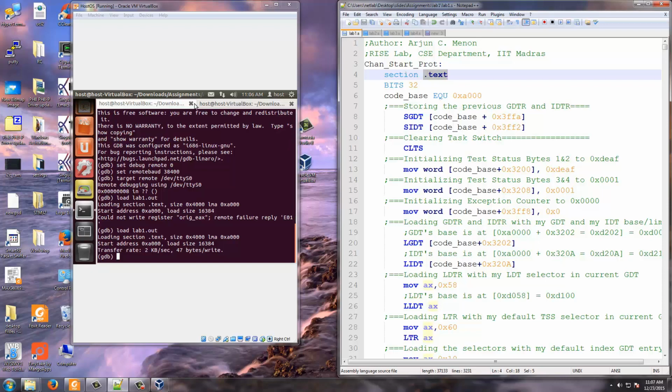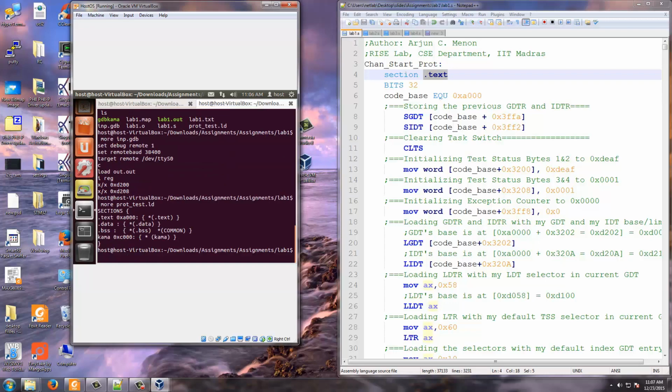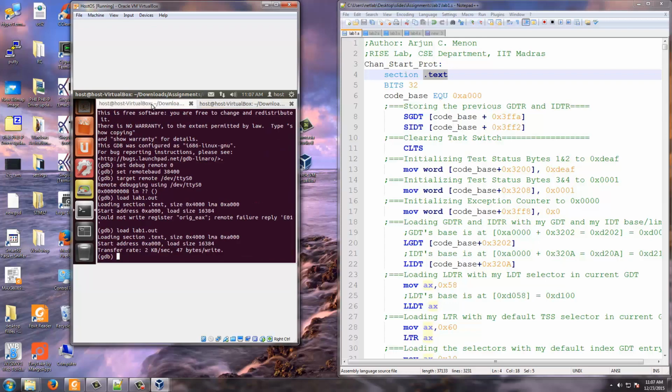Note that there was a .text in the prod.ld file, in test.ld. There was a .text, and we said load the .text at 0x8000. So that's what you see here. The .text in this file, as you see on your right hand side, will get loaded at 8000. Right.